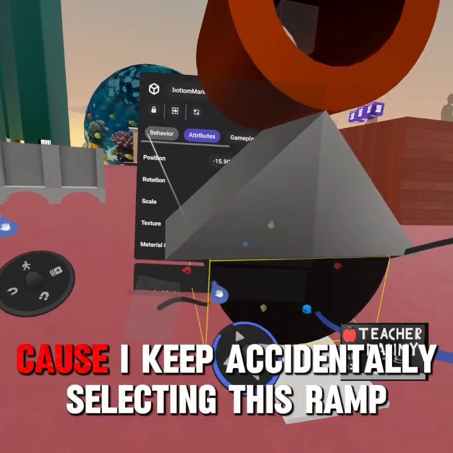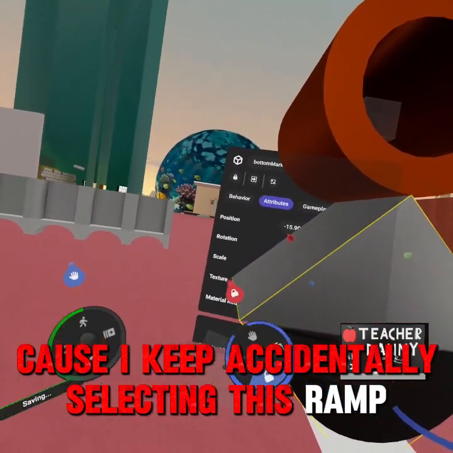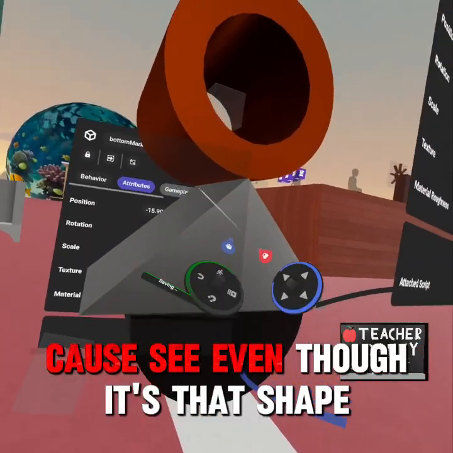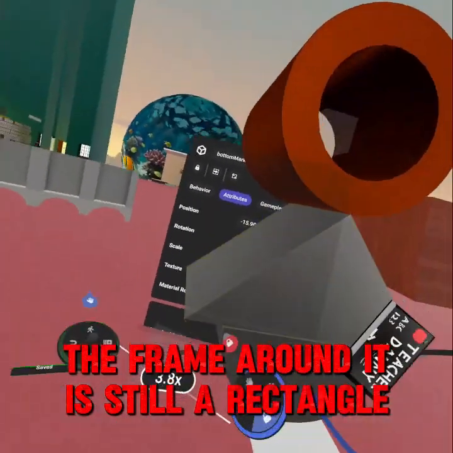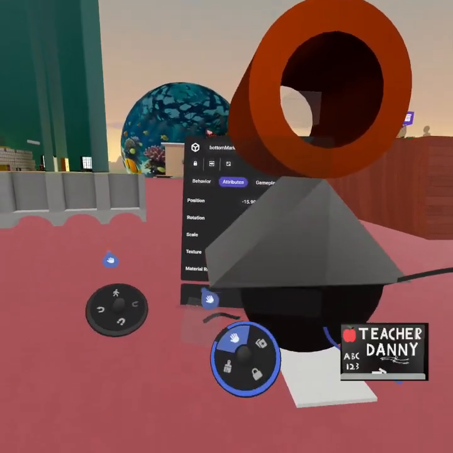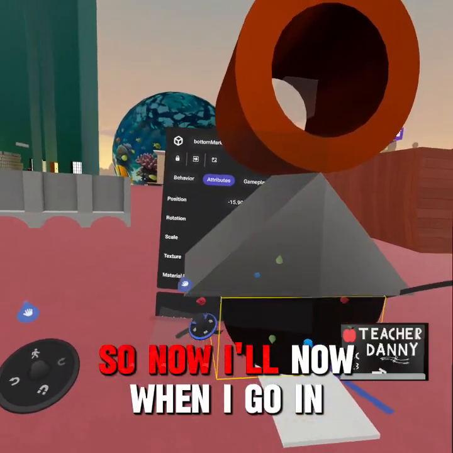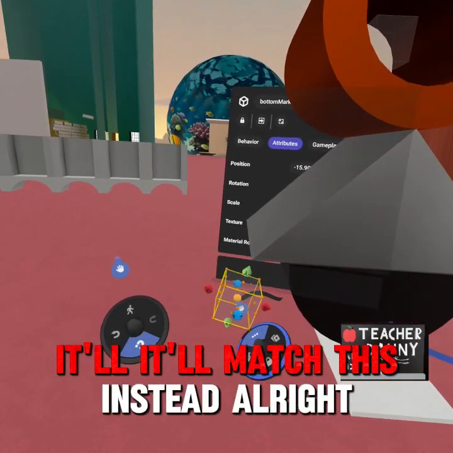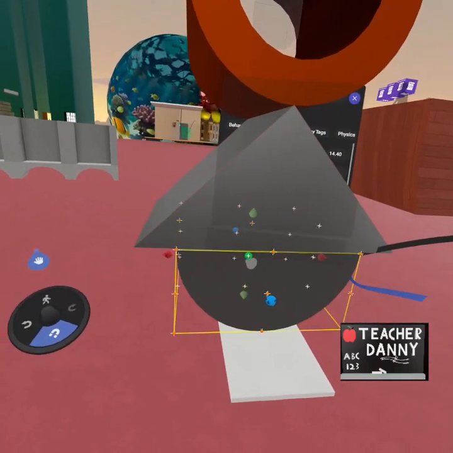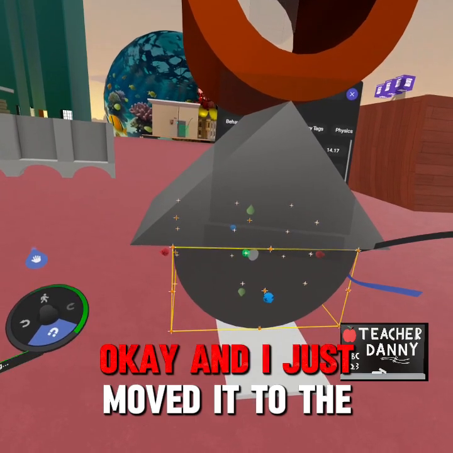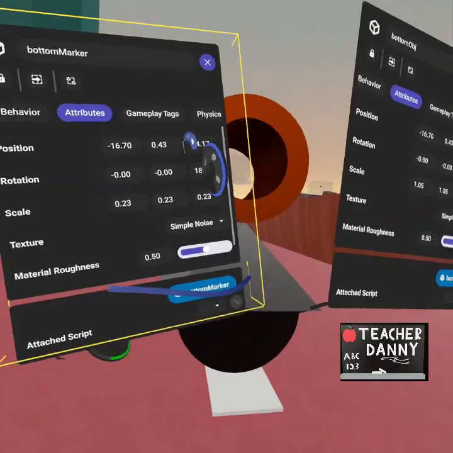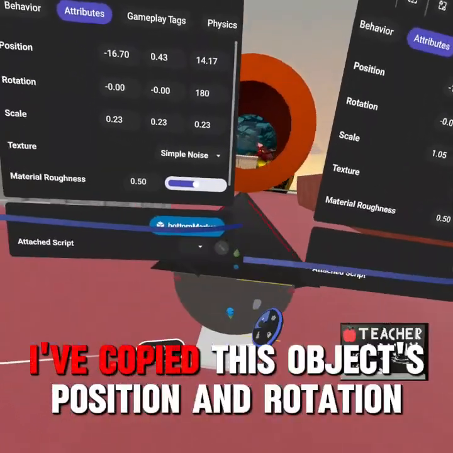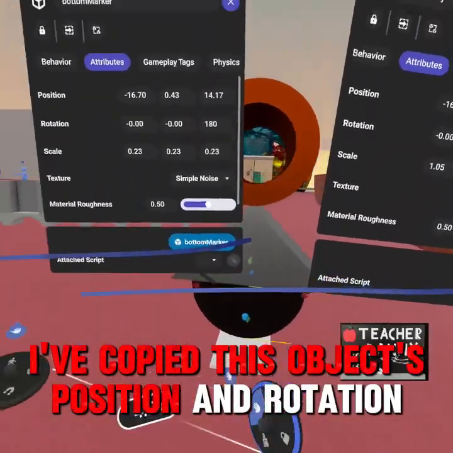Oh, you know what? It's a little tough because I keep accidentally selecting this ramp. Because see, even though it's that shape, the frame around it is still a rectangle. All right. So now when I go in here, it'll match this instead. Okay, and I just moved it to the center, facing the right thing. Now,